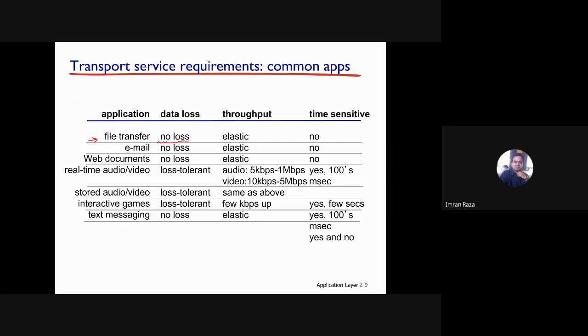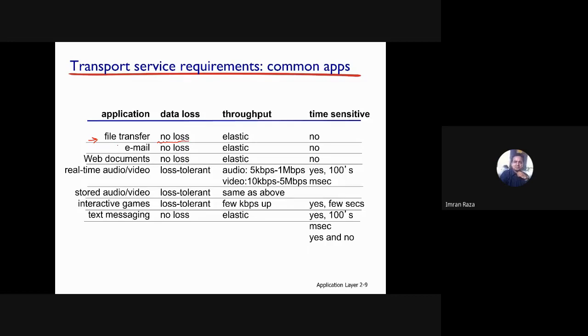No. These applications by nature are not time sensitive, unlike real-time multimedia, online games, or other real-time interactive applications like internet telephony or teleconferencing, right? So are you clear about the first application here, file transfer? Can you hear me? Yes, sir. Are you understanding, right?